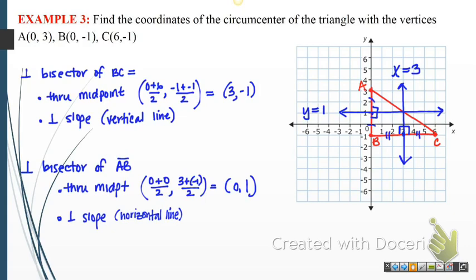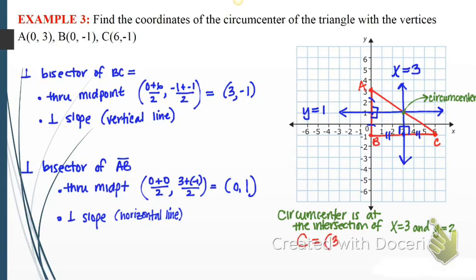And now I'm going to notice that these two perpendicular bisectors, wherever they intersect, that's the circumcenter. Right? So if these were two lines and I wanted to find the intersection of two lines, I could solve this as a system of equations. I could use substitution or I could use elimination. But in this case, because it's just two vertical and horizontal lines, it's actually pretty easy to find the intersection of these two lines, x equals 3 and y equals 1,